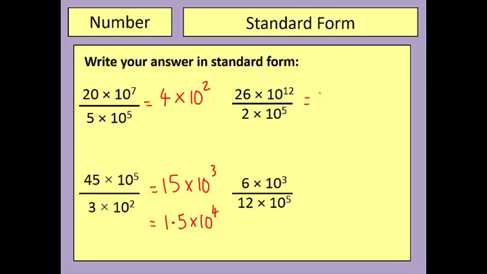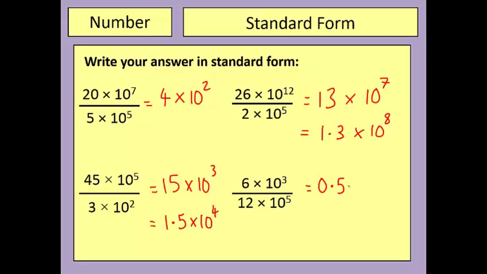On this one, 26 divided by 2 is 13, and for our powers we have 10 to the 12 divided by 10 to the 5, so you take these powers and get 10 to the 7. Once again, this is not in standard form, so that becomes 1.3, and this 10 to the 8. And finally, 6 divided by 12, that's just the same as 0.5, because 6 over 12 is a half,